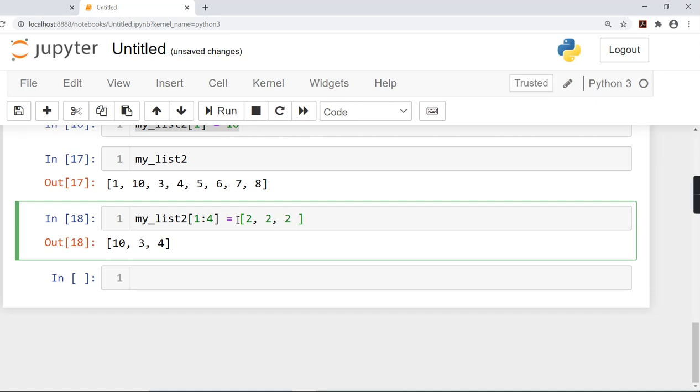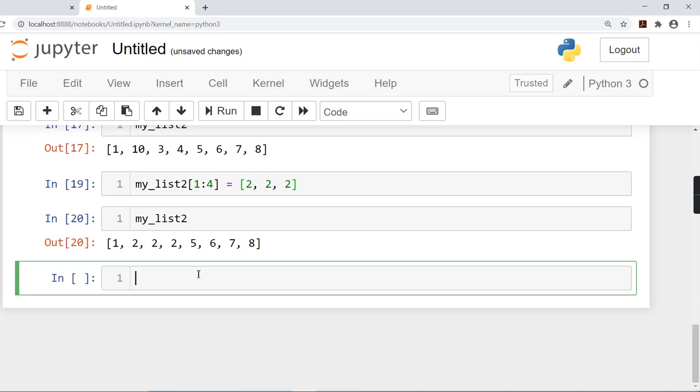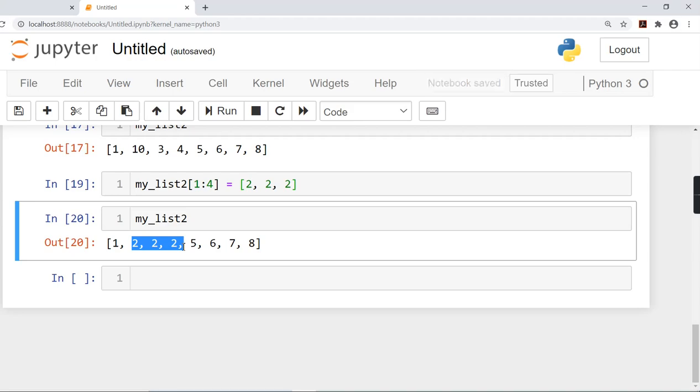What you have to make sure of, while you're typing this out, is that the number of elements that you have mentioned here should match the number of elements you're passing as a list. You cannot have 1 colon 4 and give 4 or 5 numbers here. That will not work. Because I have selected 3 elements, that is 10, 3 and 4, I am passing only 3 numbers. So when we do this, and now if we check my_list2, you see that all these three numbers have been changed. So this is how you can change multiple elements at